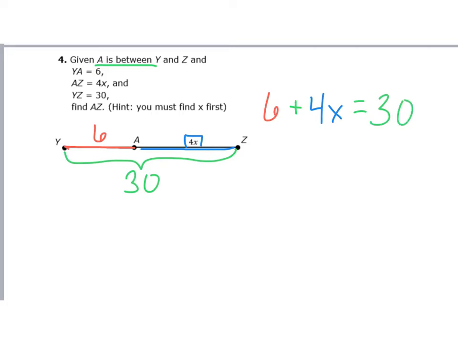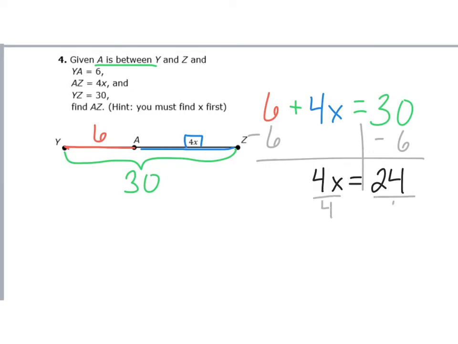So again, the first thing I want to do is look to see if I have any like terms. I don't. 6 plus 4x, neither one of those is a like term. So there's nothing to combine on that side, and on the other side there's nothing to combine either. So then I'm going to start moving things back and forth. I want to get x by itself. I'm going to subtract the 6 on both sides to get 4x equals 24. Divide by 4 on both sides, and x equals